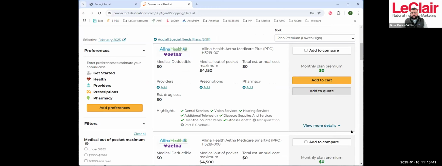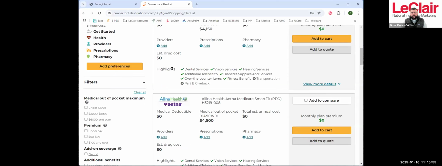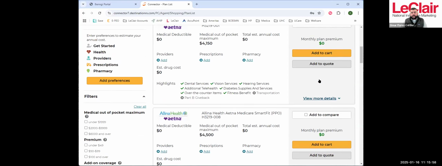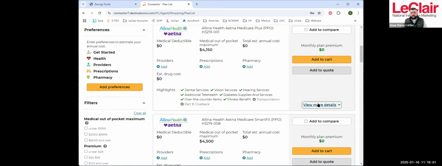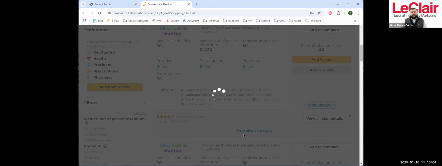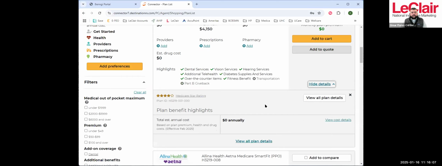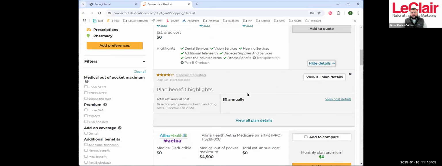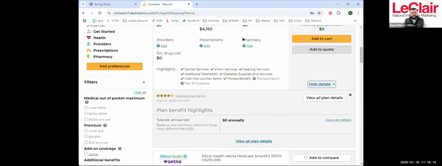When you search, each plan is going to have its own card. In here, it's going to have just a snippet of the basic information of the plan: if it has a deductible, the out-of-pocket maximum, and any highlights of the extras. The premium is right there. And when you click on view more details, it's going to give you your star ratings. And if you had put in any prescriptions, it's going to start giving you some more of that detail here. When you click on view all plan details,